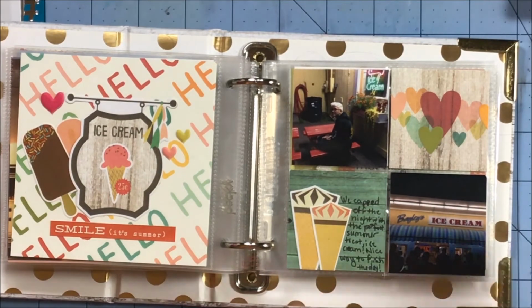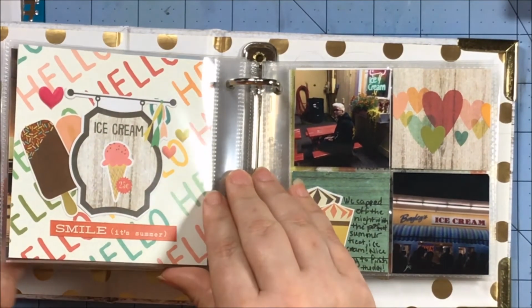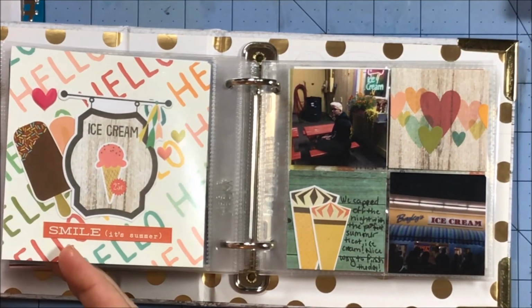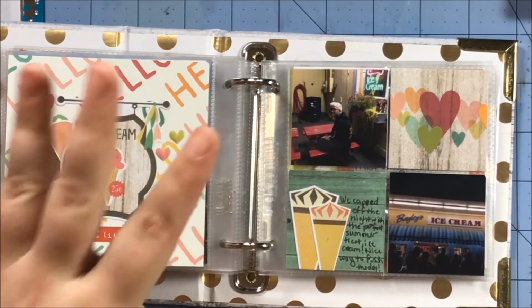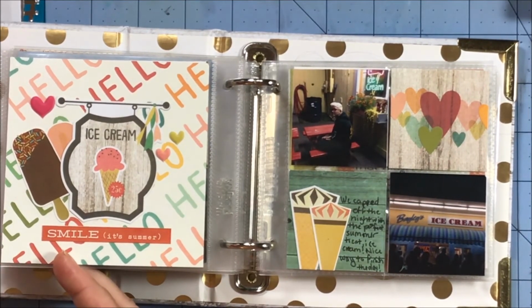Okay, so this is moving on to later in the evening. We went out for ice cream. So I just did a decorative piece page to move from the 4x4 to the 2x2. And so this has another one of those large die cuts. This one says ice cream. I tried to fit as many of the ice cream die cuts and stickers I could onto this page because